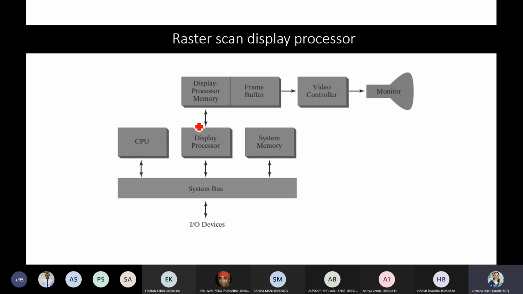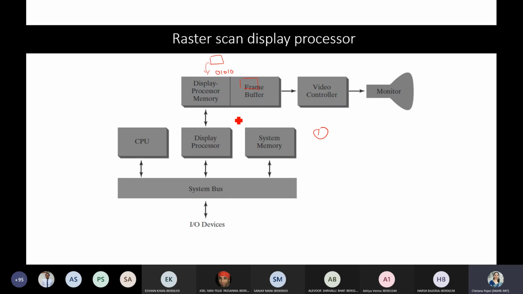First is our regular job: it digitizes your picture, that is 0s and 1s, and stores the pixel values in a frame buffer. Based on the intensity, the video controller fetches it and displays it onto the screen.